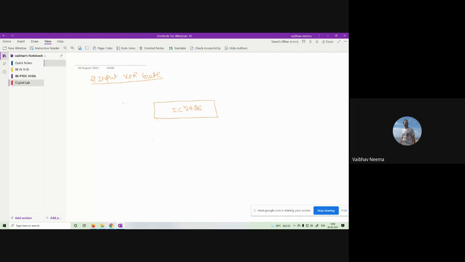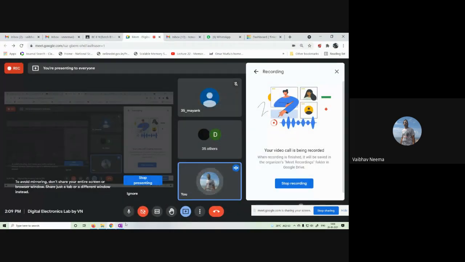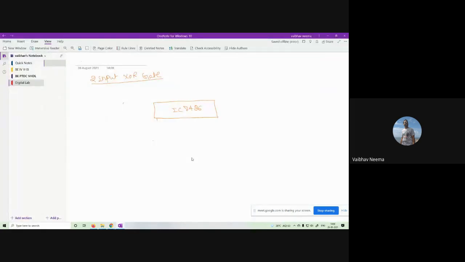Again, it's a DIP IC, dual in-line package IC, where the number of pins on the right hand side and left hand side are equal. So again, we have pins 1, 2, 3, 4, 5, 6, and 7 here, and pins 8 to 14 on the other side. A notch and dot represent that the numbering starts at this left hand side. Pin 7 is always grounded, and pin 14 is always connected to the supply voltage.